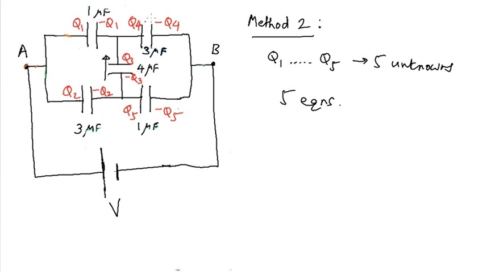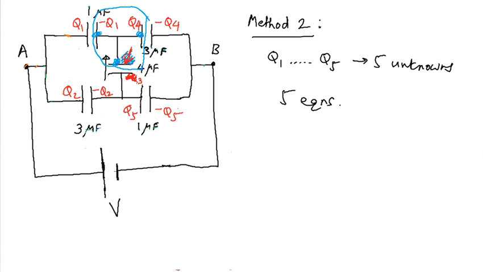Now actually I have not yet applied the 2 charge conservation equations. That is, I can apply the charge conservation equation for this particular volume, in which case I need not write Q3 over here. I can write plus Q1 minus Q4, because the total charge on this plate and this plate and this plate must be equal to 0. So that reduces my variable by 1, and that's because the charge on this plate, I no longer have to use the symbol Q3. I use the symbol Q1 minus Q4.